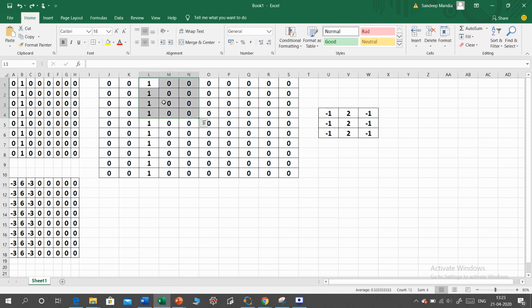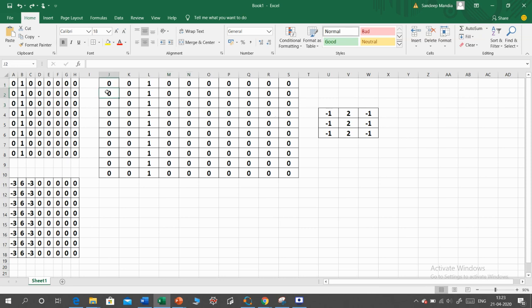Similarly, we move further in the right hand side by 1. So the next will be this one. Here, sorry, only 3 rows and 3 columns will be selected. So minus 1 multiplied by 1, minus 1 multiplied by 1, minus 1 multiplied by 1, that will be equal to minus 3, and the response from these two columns will be 0. So that is minus 3. Now if we move further in the right, all the coefficients are coinciding with 0. Here also 0 0 0 0. So in this direction it will be 0.